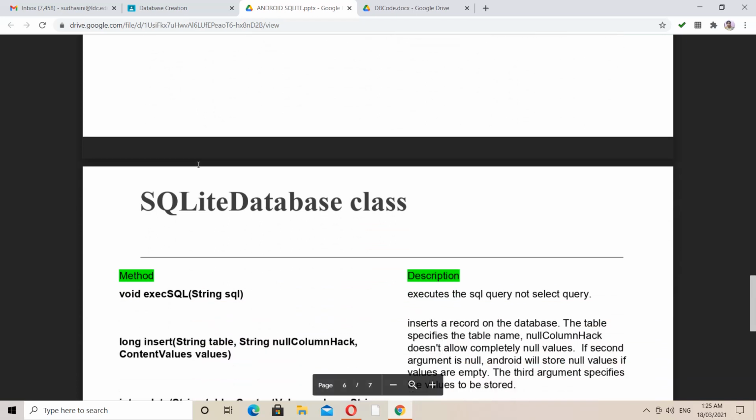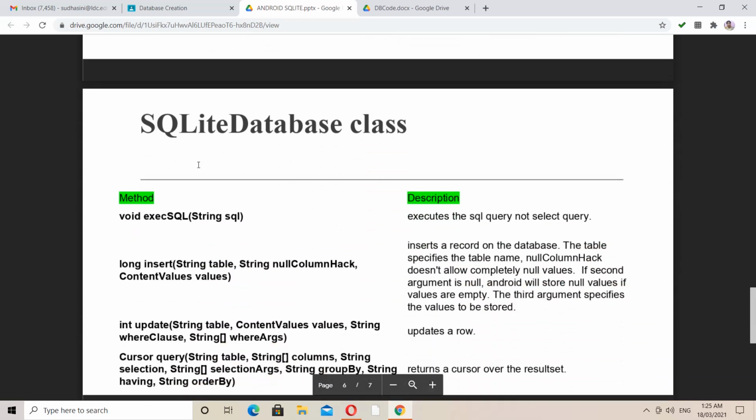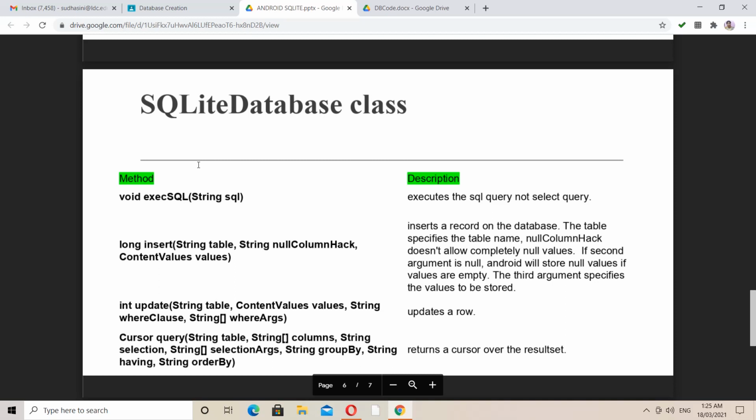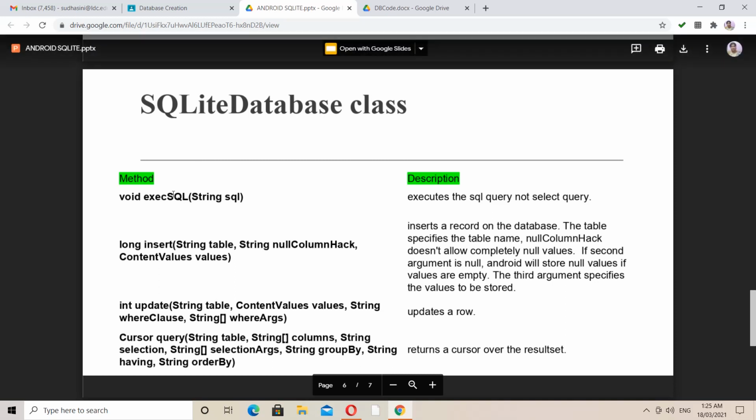Directly we will move on to the SQLiteDatabase class. In the previous slides I have mentioned that SQLiteDatabase consists of the complete operations of your database: insertions, deletions, updations. These kinds of activities will be there in your SQLiteDatabase class. So using this